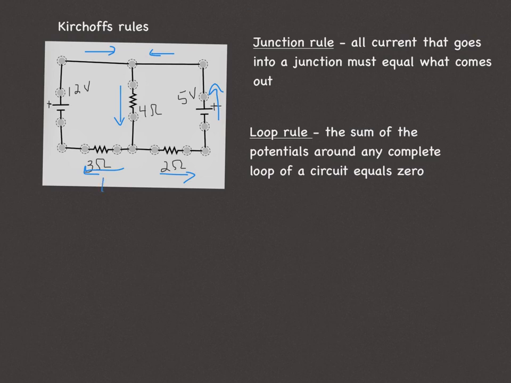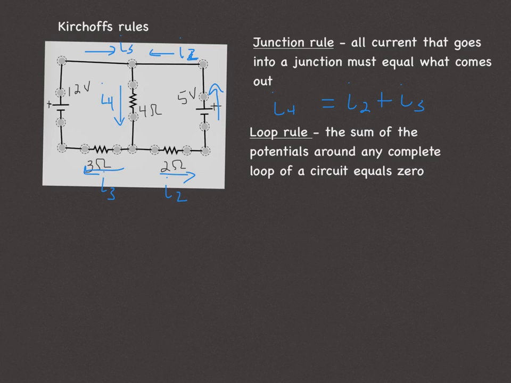I'm going to call this one just I3 because it matches up with the 3 ohm resistor. I2 and I4. So looking at how my currents are moving through the circuit, I know that this one up here is still I2. Everything in that right branch here is the same value of the current. Everywhere over here has the same value of that current, so that's I3. So I know that I2 and I3 are going to come together to equal